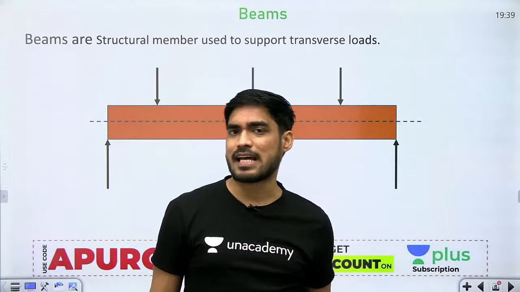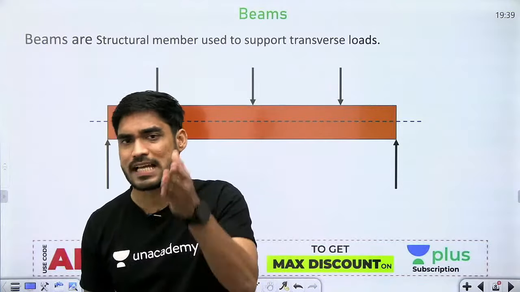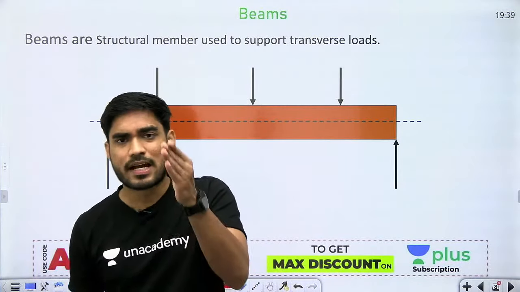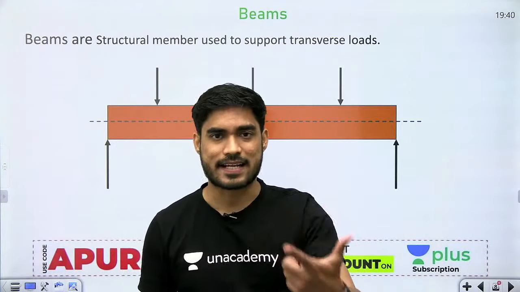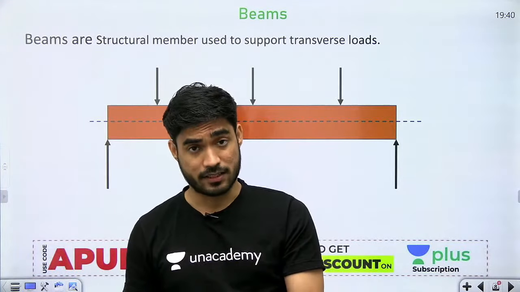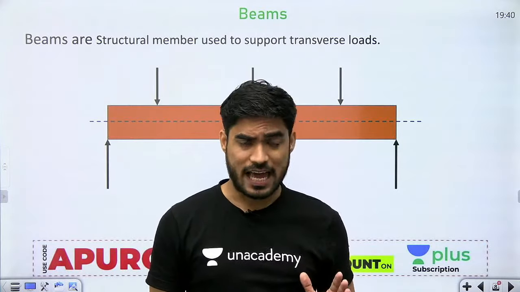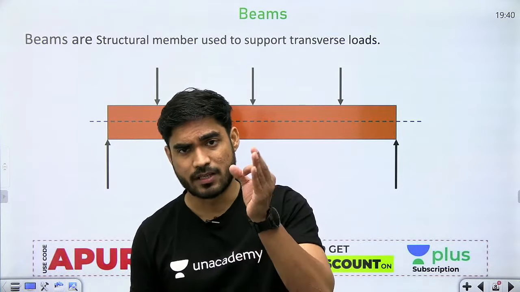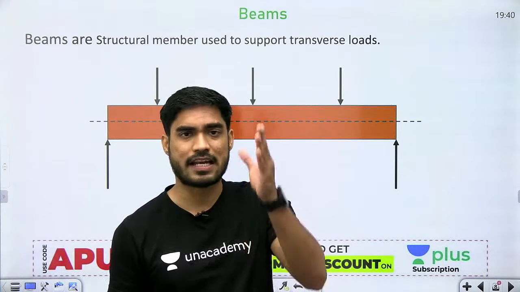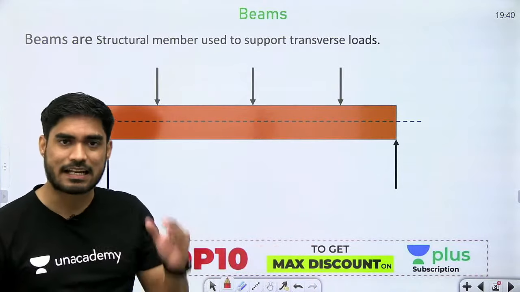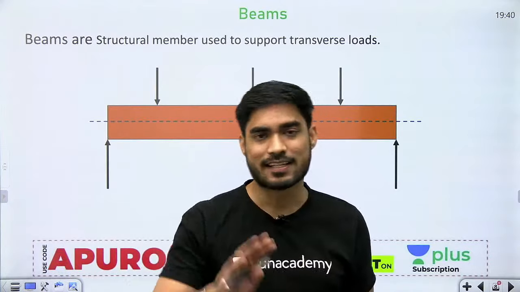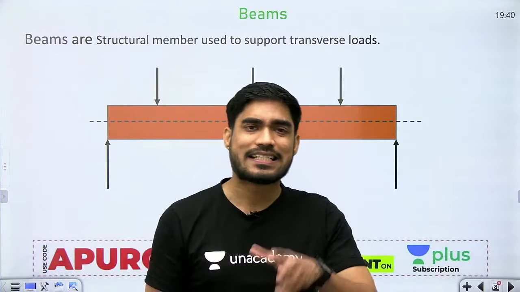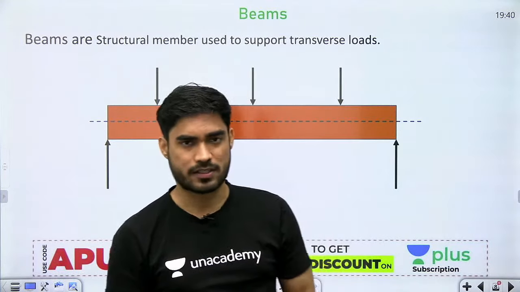Shear force and bending moment are nothing but the internal force and moment. Once you get the internal force and moment, what do you do? You calculate the stress, you calculate the deformation. So first we will calculate the stresses developed in the beam. There are two types of stresses developed in the cross section, and those are bending stress due to bending moment and shear stress due to shear force, right?